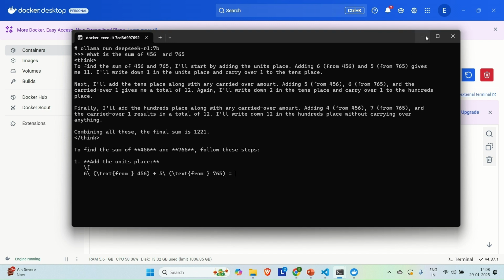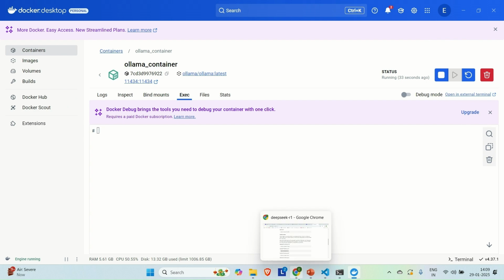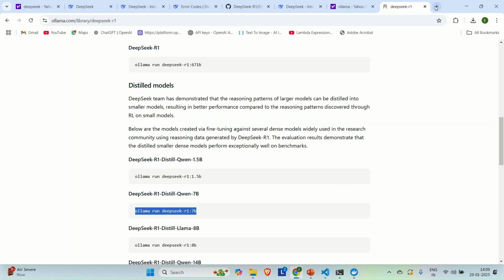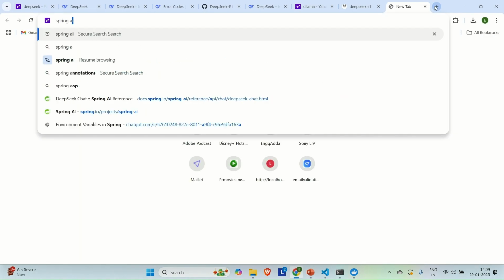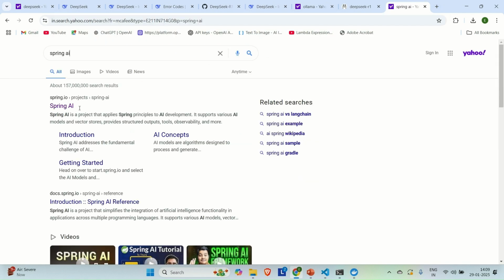Now I will show you something else. So here you can see it is adding the things, and when it gives you the result, I will come back to this tab and show you what it is providing as a result. Before that, I will try to show you something else. So if you go to the Spring AI, let's say we are on the Spring AI, and if we go to this,